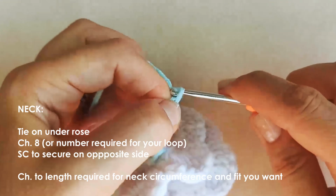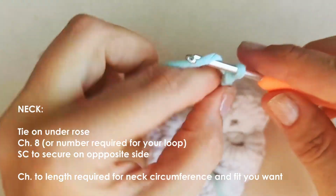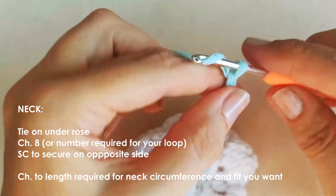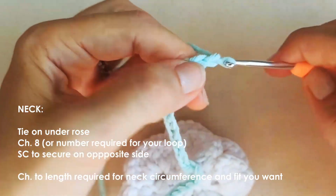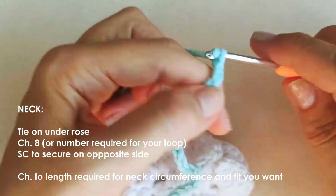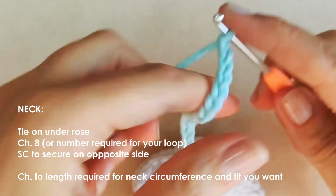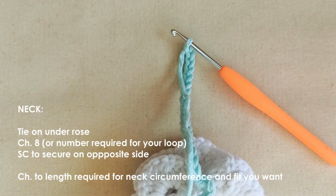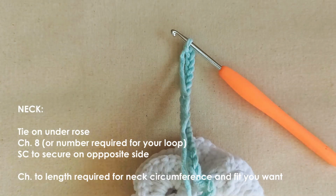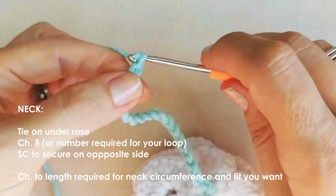So when I finish my chain, Melba's neck circumference is about 24 centimeters, so it's going to be 25 centimeters. I don't want to allow really any extra. I've allowed 1 centimeter there, but even that's going to be plenty, I think. You allow an extra centimeter or two. The less you can leave, the better, and that'll depend on how